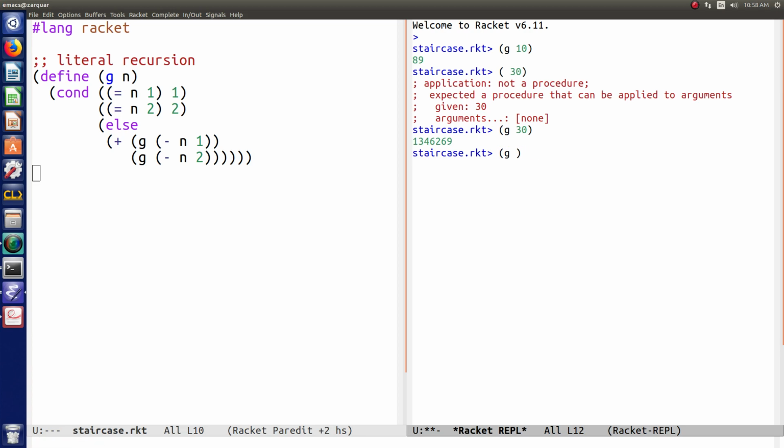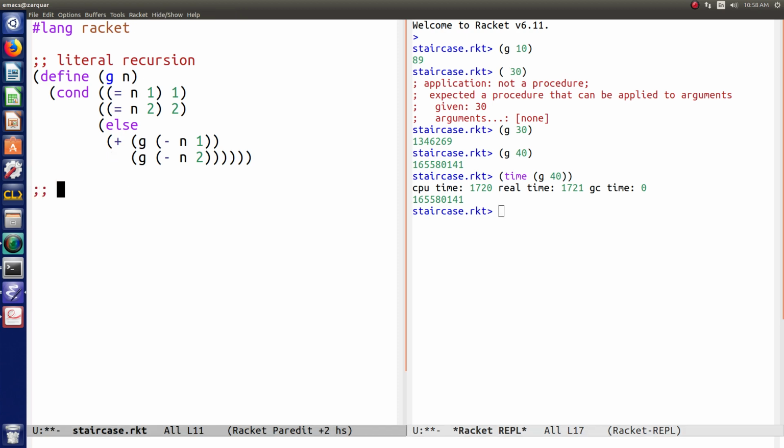How about G40? Now you start to see the lag. Let's see how long that took. Time G40. About less than 2 seconds, but on my notebook computer, it takes more than 10 seconds. Great. Let's try the more efficient,